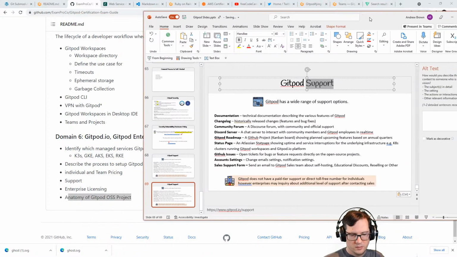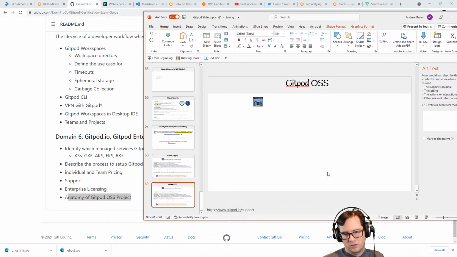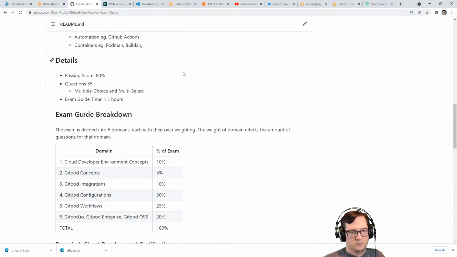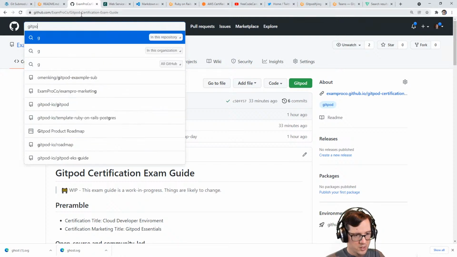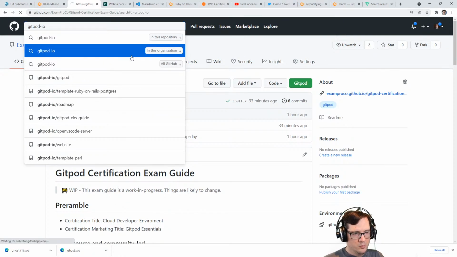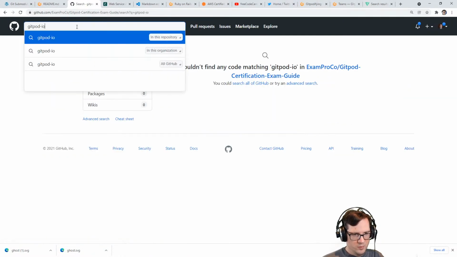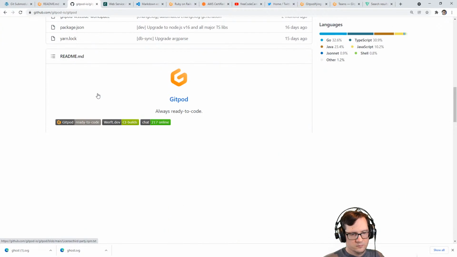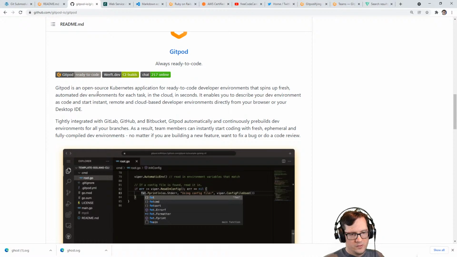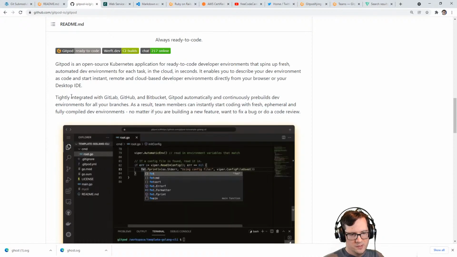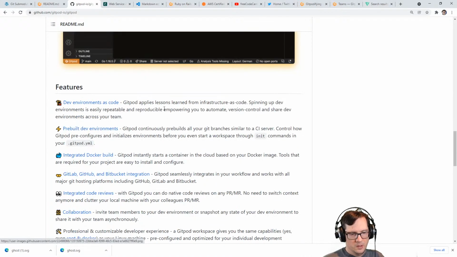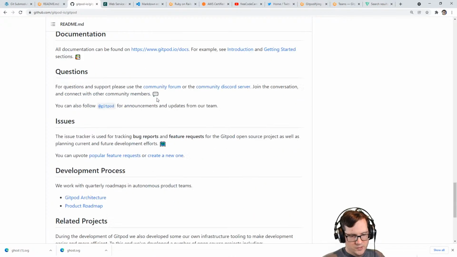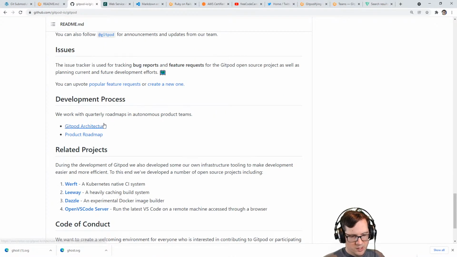Gitpod OSS. So I feel like I didn't really talk about that layer that much. And so what we'll do is type in gitpod.io, and we'll see if there's anything useful that we can extract from the repository of interest. So Gitpod is Kubernetes, we know this. Tightly integrated with these, that's great. A lot of good talking points. But what I'm really interested in, and that's probably how I end up on the architecture,